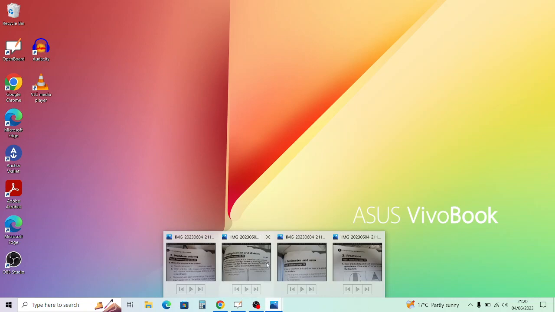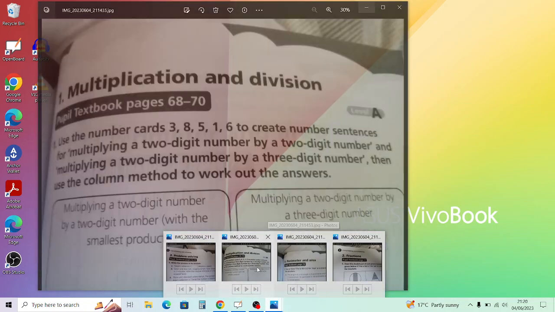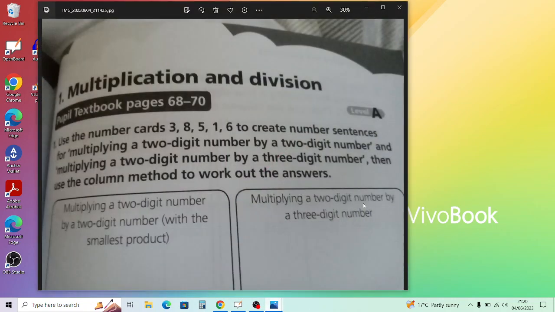So the first one is called multiplication and division. The first exercise is: use the number cards 3, 8, 5, 1, 6 to create number sentences for multiplying a two-digit number by a two-digit number with the smallest product. To get the smallest product, the two numbers will have to be the smallest possible. As long as we can't repeat them, we would go with something like